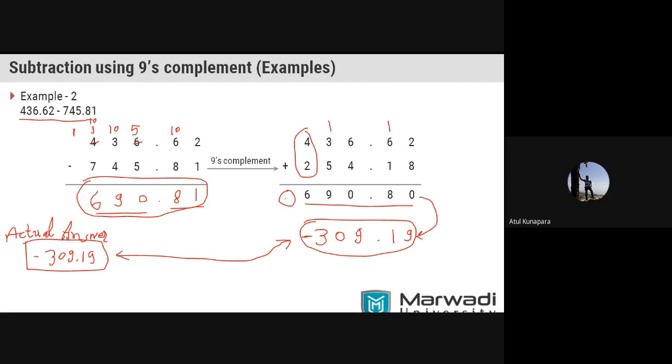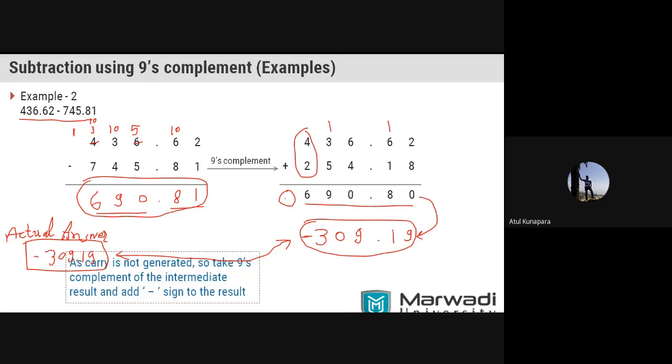So am I making this clear, how you can perform the subtraction using nines complement method for the two cases? One is when you are performing subtraction of a larger number from a smaller, and the other is the smaller from the larger. Or does anyone have any doubt in this understanding? No, sir, clear. Okay, if it is clear, let me give you an example. All of you just try to do it, and those who are getting the right answer, wait for my call. Only those students will give me the answer in chat whom I ask.